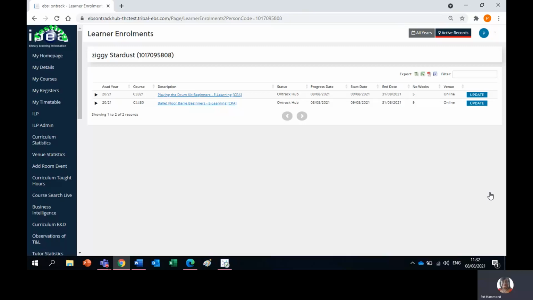Okay, so that then takes you to the learner enrolment screen. So you're at the end of the process. So you go back to my home page. Now on this same page, when you get to the end of the process and you're here, this update button isn't really going to do anything for you. So you can ignore that. But if you go back to the home page,